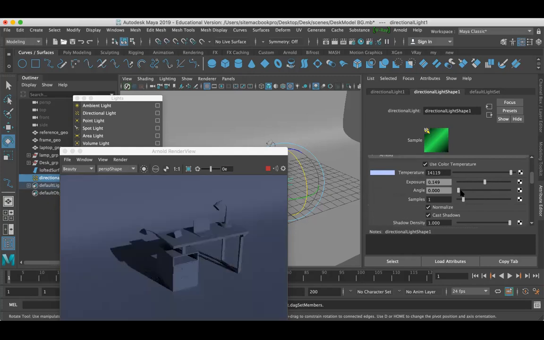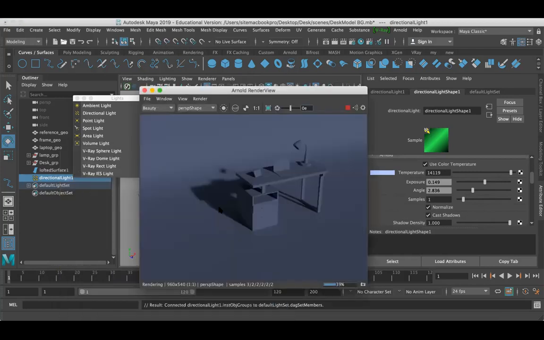In the angle, if I increase the angle, it will soften my shadows. You can see that previously my shadow was sharp, but in the real world you cannot find sharp shadows. So you can find the difference here, guys. Angle means it works with the shadows.